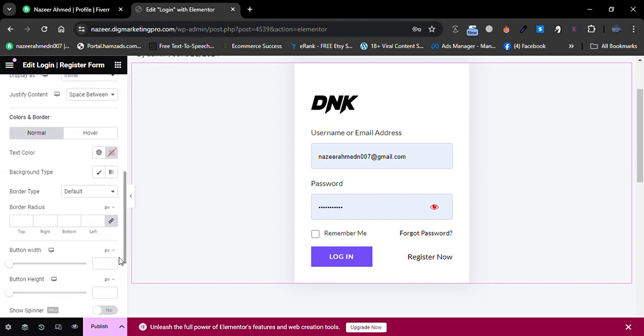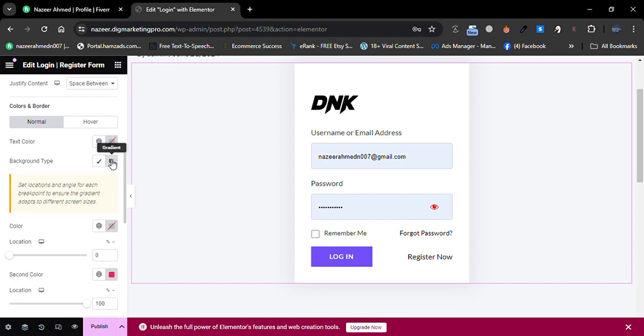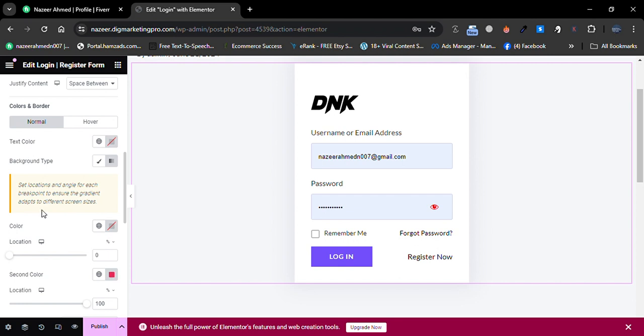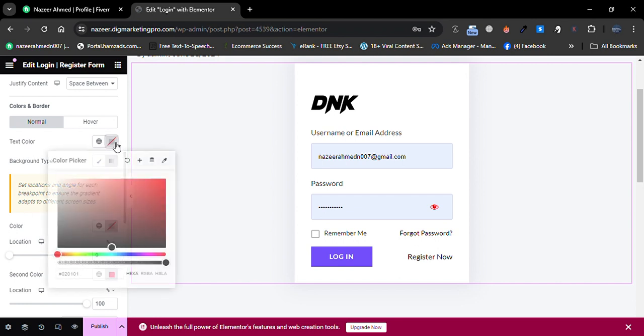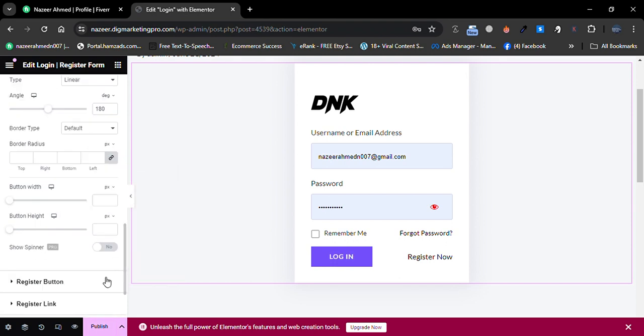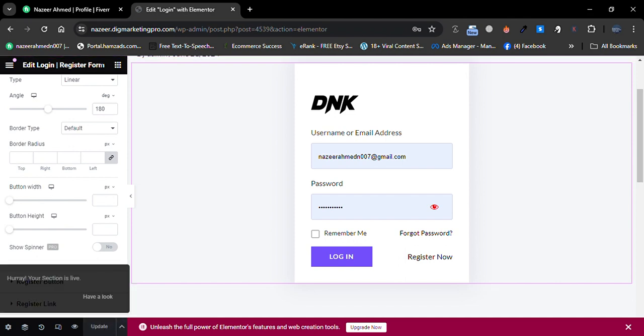So you can see, let me make the background tab. So let me make the color, so you can see the color is now black, the button color. So I will keep it default as it is. So you can explore all these options. So I will publish it. So I created the login form and I will go back